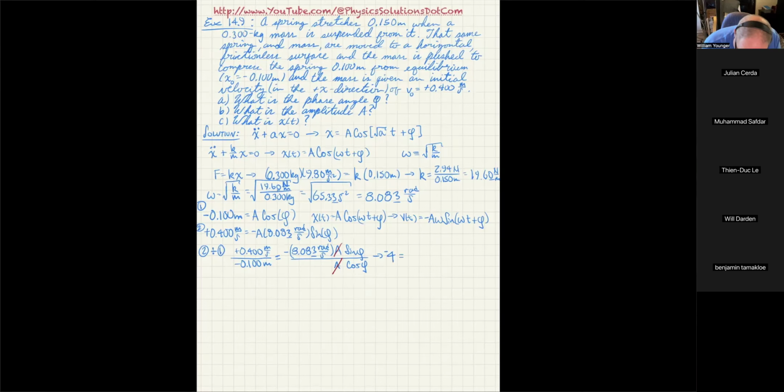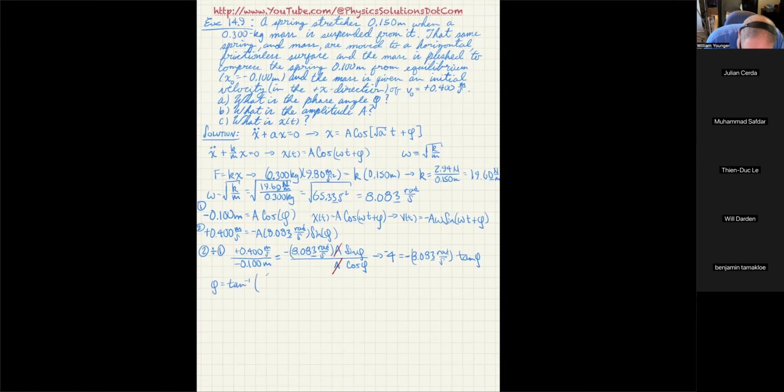And then on the right hand side, the A's cancel out, and I get a negative 8.083 radians per second times the tangent of phi. So what we have here is two negative numbers. Obviously, those two signs are going to cancel out, and we end up getting phi equals the tangent inverse of,